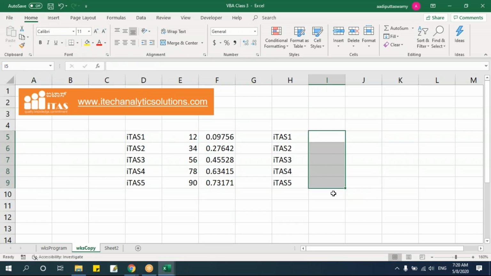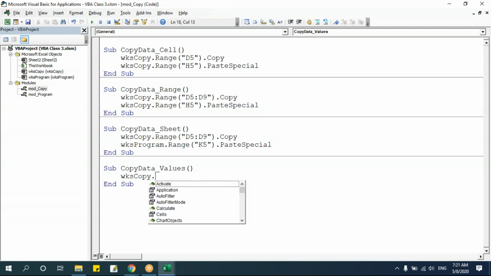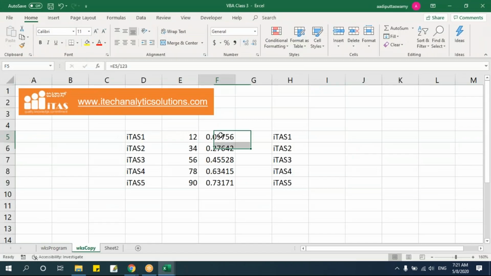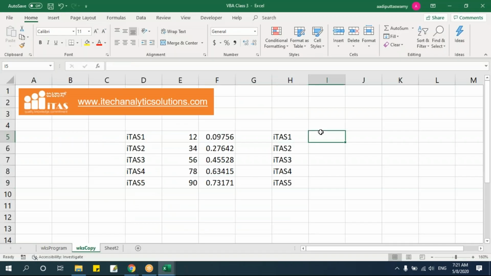Now, suppose you want to copy the formula and paste it as values. What I'll do is use sub copy data underscore values. That is, I need to paste the data which I've copied as values. So how to do that? Same thing, wks copy dot range of, then I'll take this F5 to F9. Say F5 to F9 dot copy. Then I'll say wks copy dot range of, mention this cell,